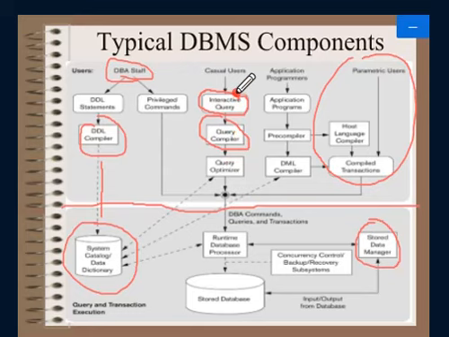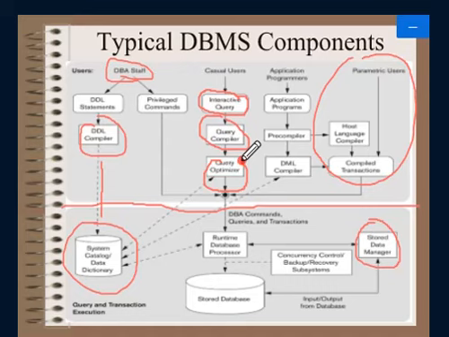The casual end user will use a menu based interface, or what we say, an application app on the mobile interface. That will be taken by the query compiler. It will convert that interactive query to an internal form. That internal form will be fed to the query optimizer. The query optimizer is concerned with the rearrangement and possible reordering of the operations, elimination of redundancy, making the query optimized form.